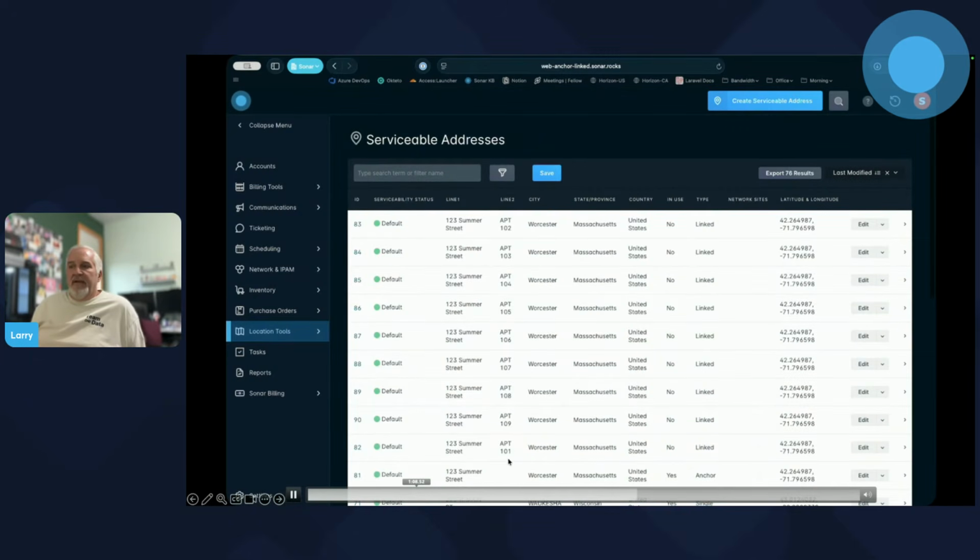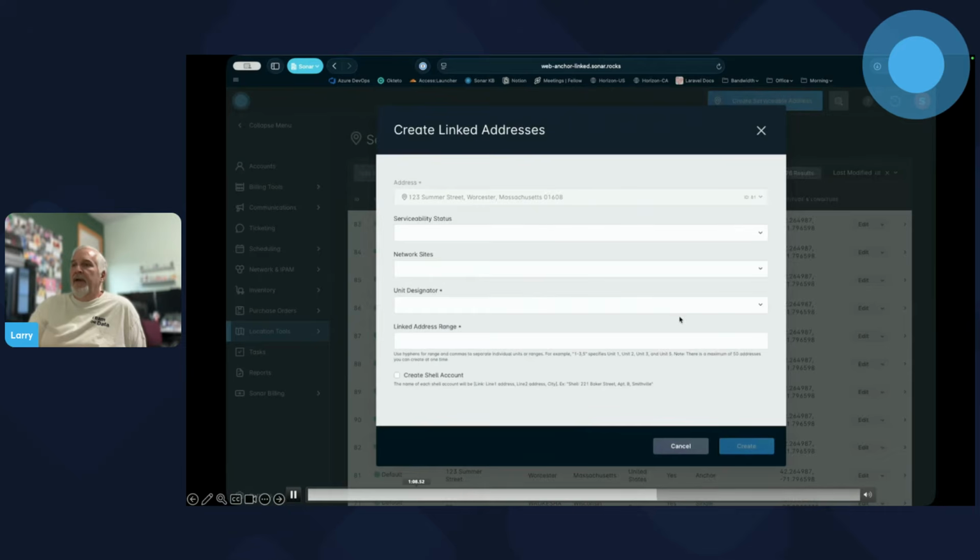But we can see all the addresses are there. There's apartment 101, 102, all the way through 109. So we just instantly created a whole bunch of addresses for us. But if we want to take this even one step further, we can create accounts to go along with those